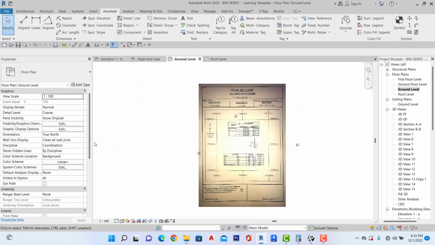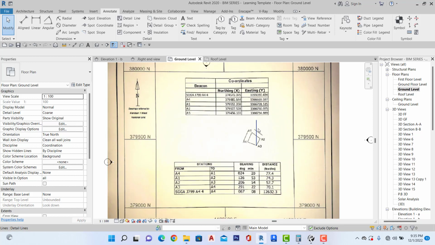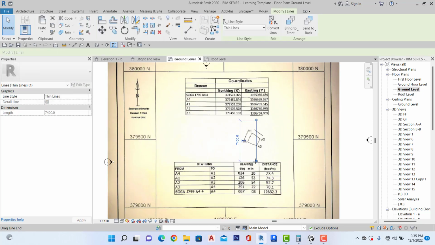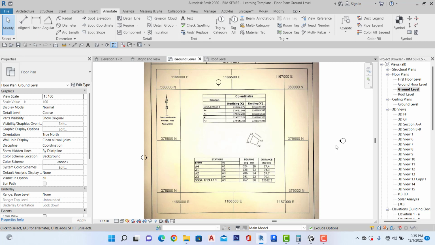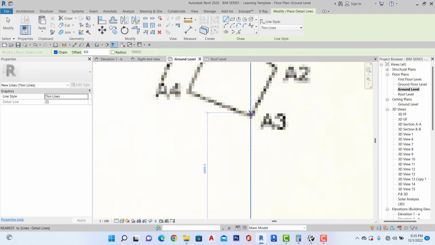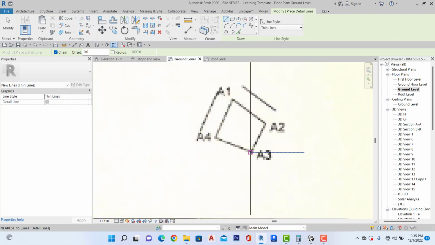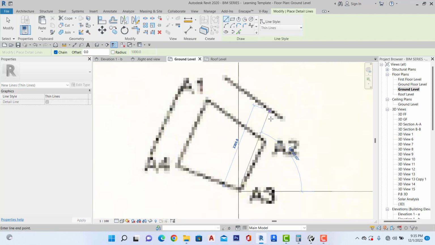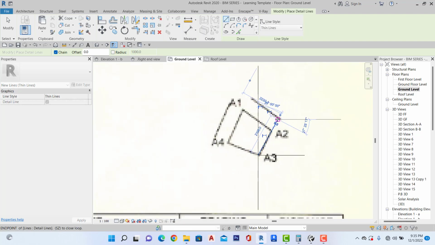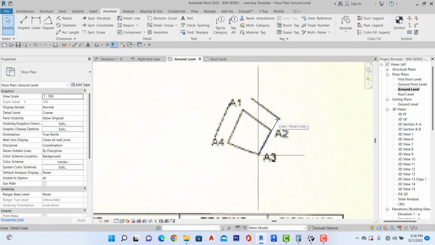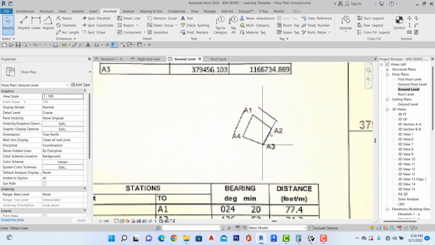But before you do that, you have to let your orientation be at the true north orientation, because this is the actual orientation that you want. And also I'm going to put another line here. So what I'm going to do next is to provide a line here as well. So after getting this,